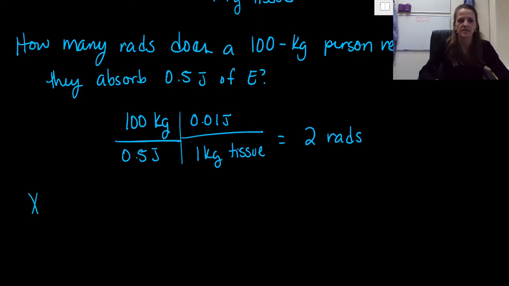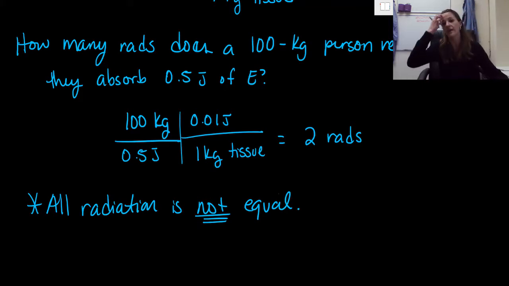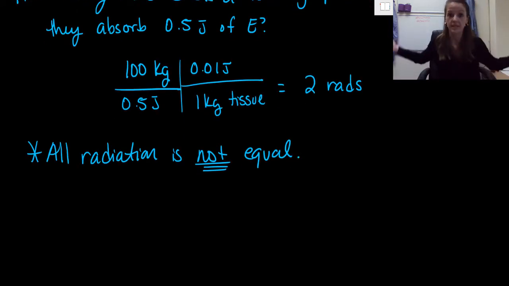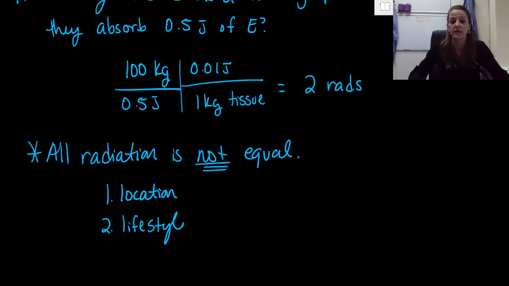And the biggest thing I can tell you is that all radiation is not equal. Okay, it's very, very different and entirely depends on a couple different sources. The first thing is, what is the source, right? Where are you actually getting this source of radiation from? And based on your location and your lifestyle, your source of radiation or your annual dose of radiation is going to be very, very different